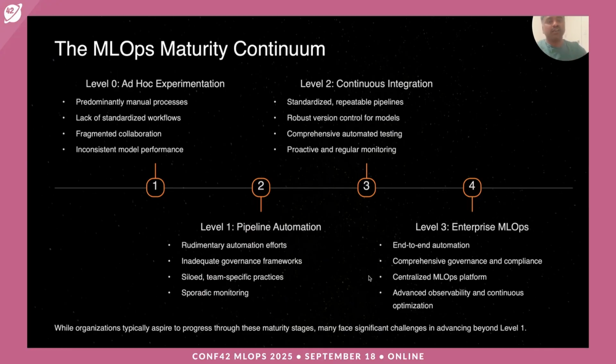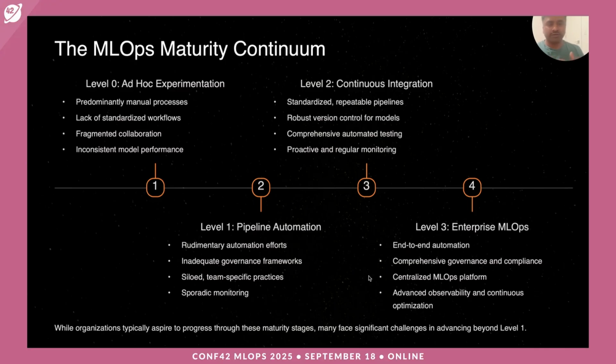Level 2 is a little more advanced or matured kind of system, is mostly continuous integration. We have standardized, repeatable pipelines. You can bake in how you want to have a model go through the system to have seamless, repeatable pipelines essentially, right? And also we have robust version control. Every model we put a version to it and all that stuff. At the same time, automated testing is extremely important. When we deploy a model, having that automated testing in every phase is extremely important. It reduces a lot of manual effort.